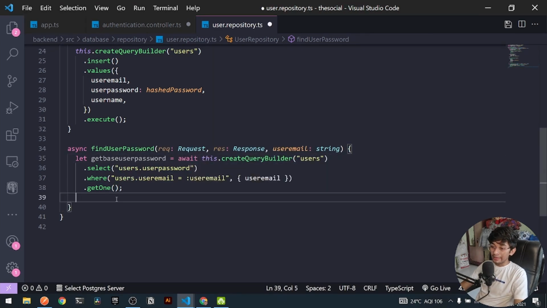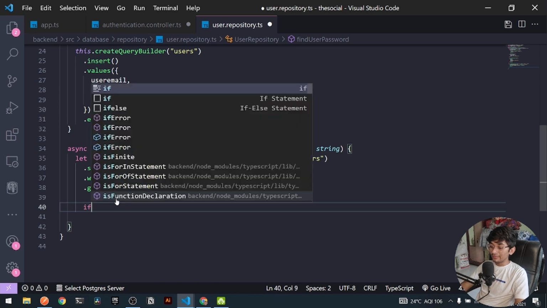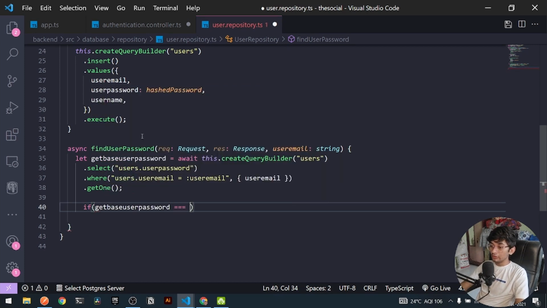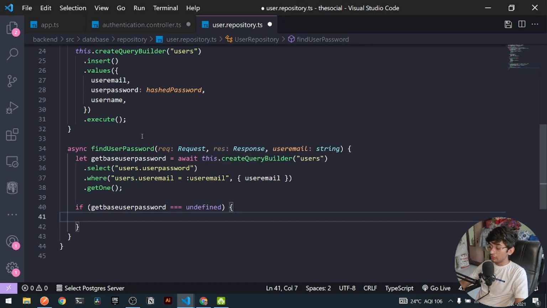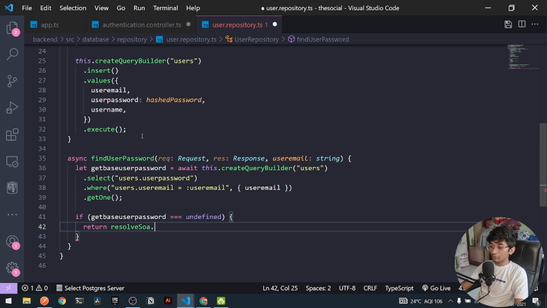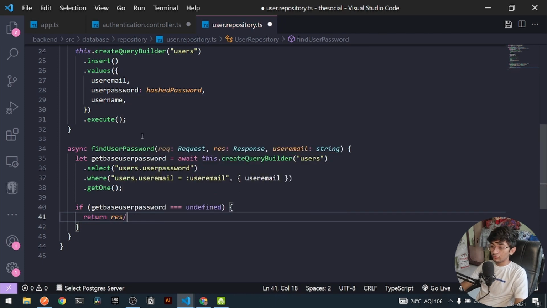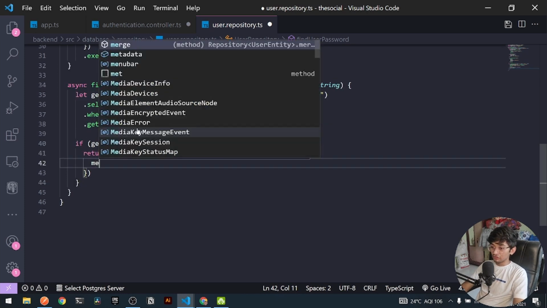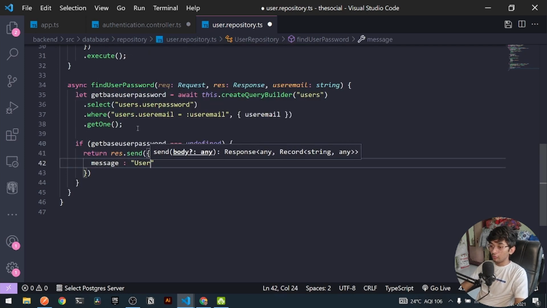Now I can also add a condition here. So I can say if getBaseUserPassword is equal to undefined, I can send a different response back. So here I can say return response.send, right? I can send a different response. Under my different response, it will be first of all a message of user not found, right?